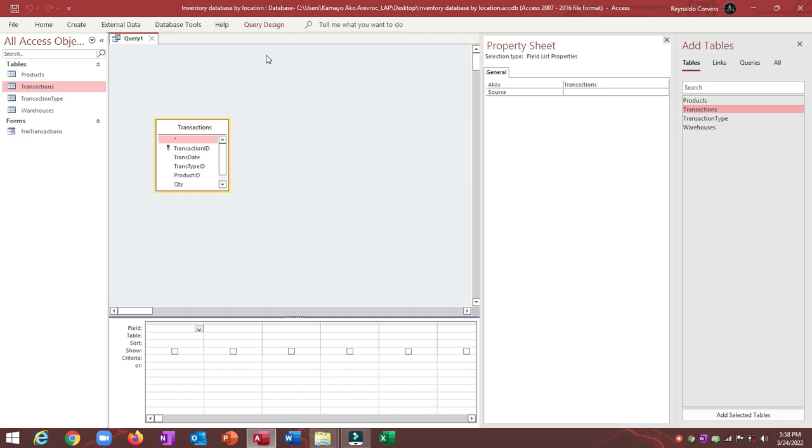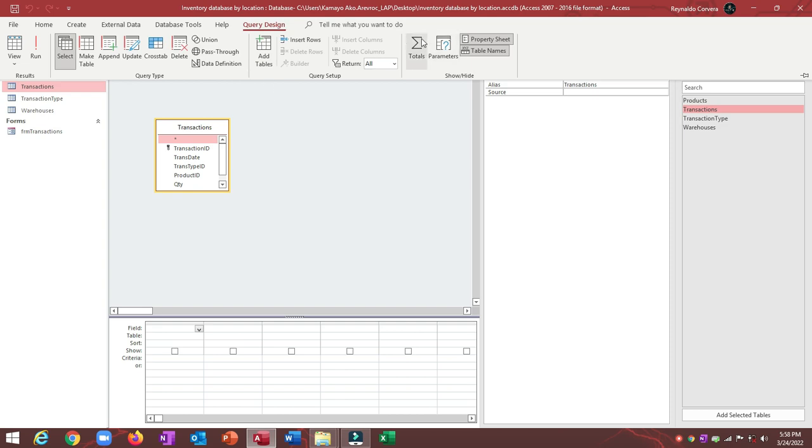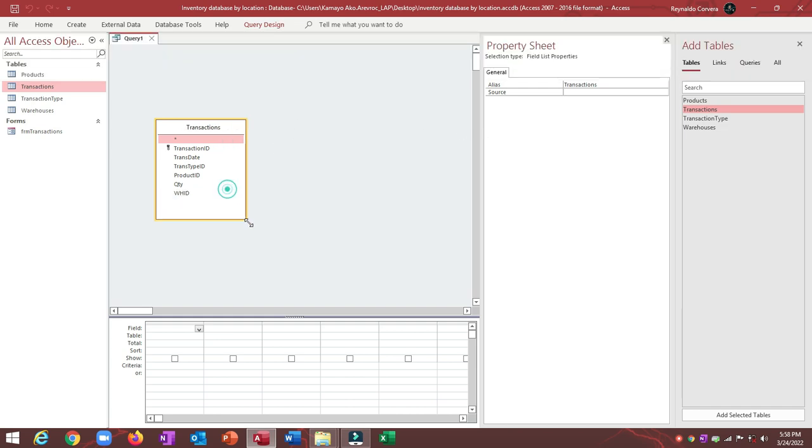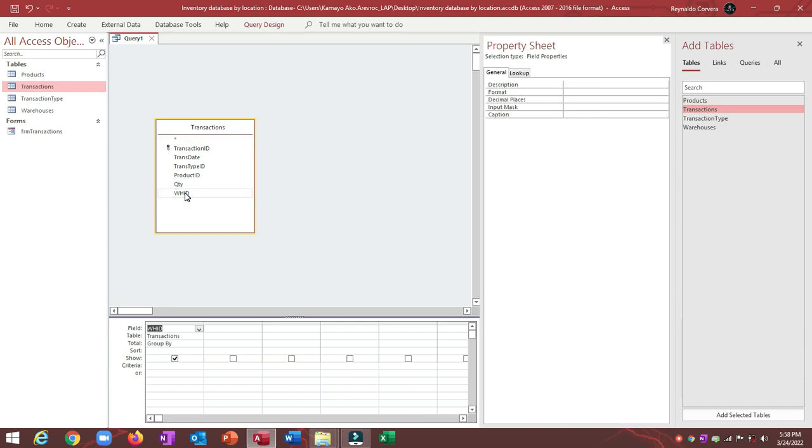Then query design, I will select this group. Okay, then this is grouped by warehouse ID. Then next is the product ID, this one. Then stock in. So we'll select this quantity, and I will select this one, this quantity,